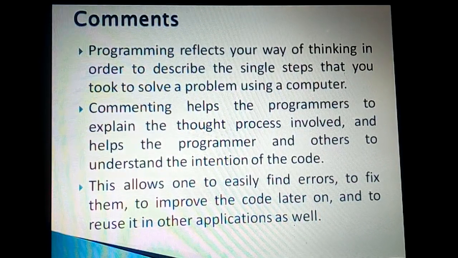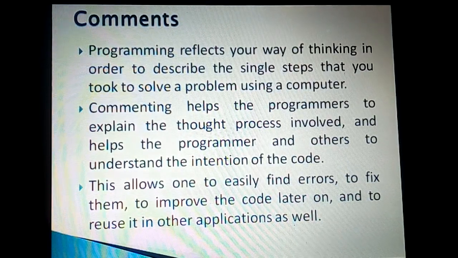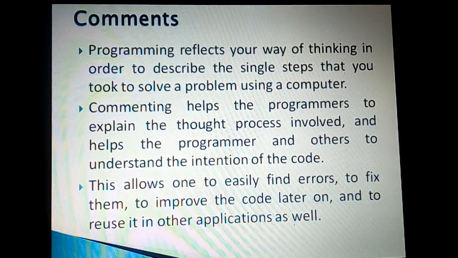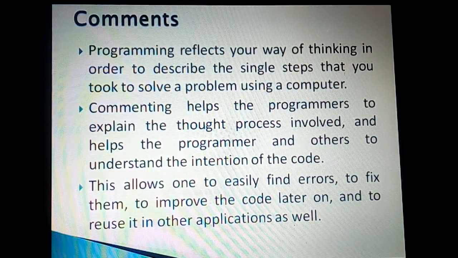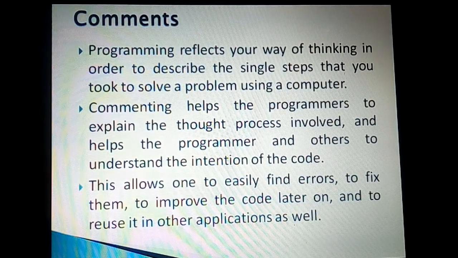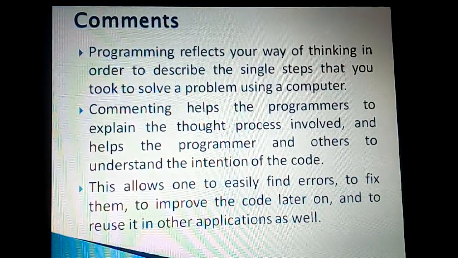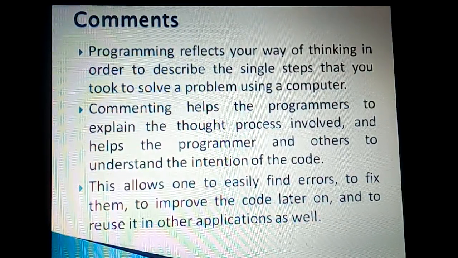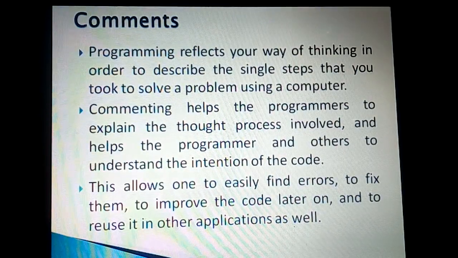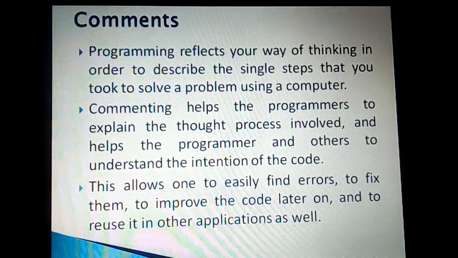Not only that, it helps programmers solve errors or fix bugs, and maintenance becomes very easy because the same code can be reused in other applications. So this is the significance of comments, hence you should not ignore them. The more comments, the better.